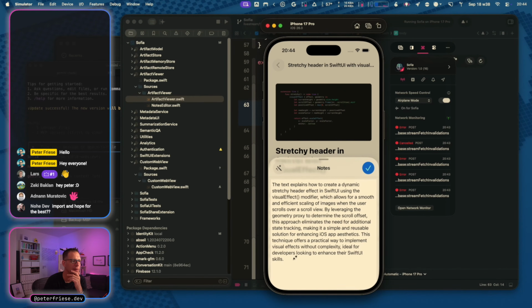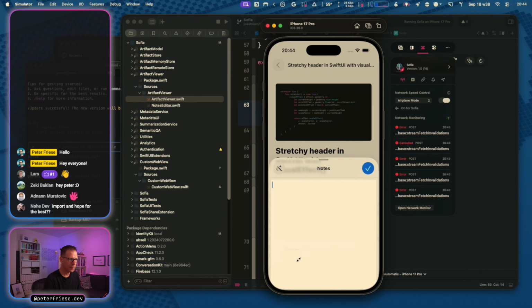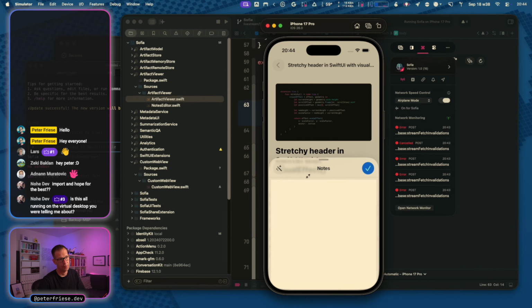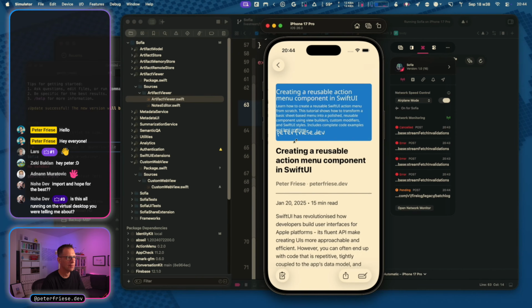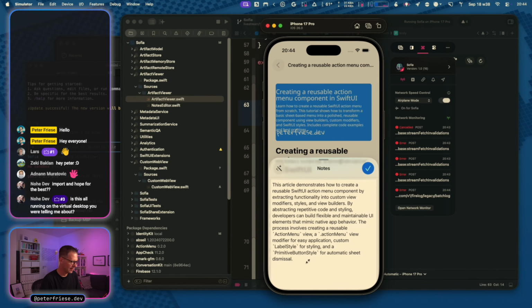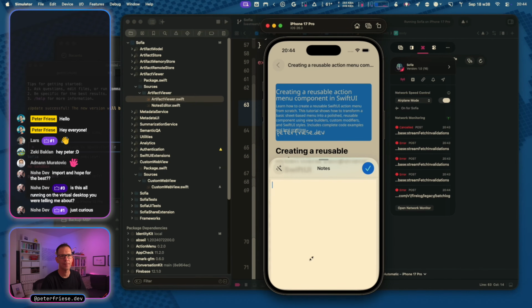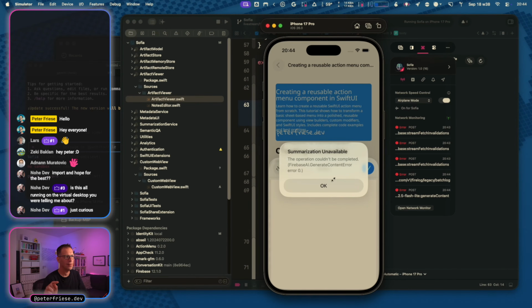Yeah, so what we can do is we can try to make a network call. And you might remember that last time we worked on the summarization feature, which first tries to summarize locally and then tries to summarize remotely. And we need to choose an article that's too long for local summarization. So this one here is too long. So it first tries to summarize locally. And now it tries to connect to the network and it says the operation couldn't be completed and shows a